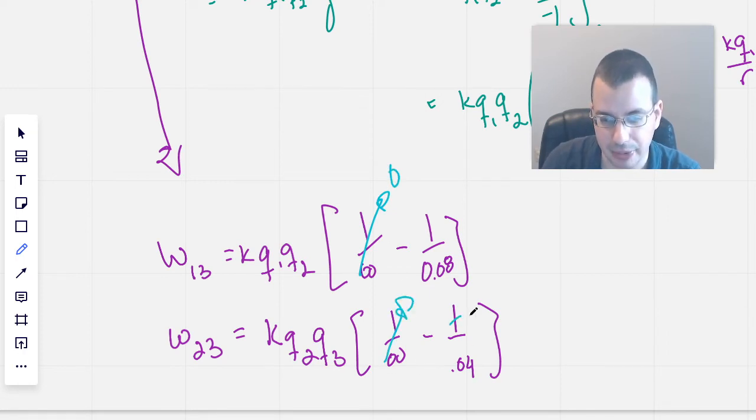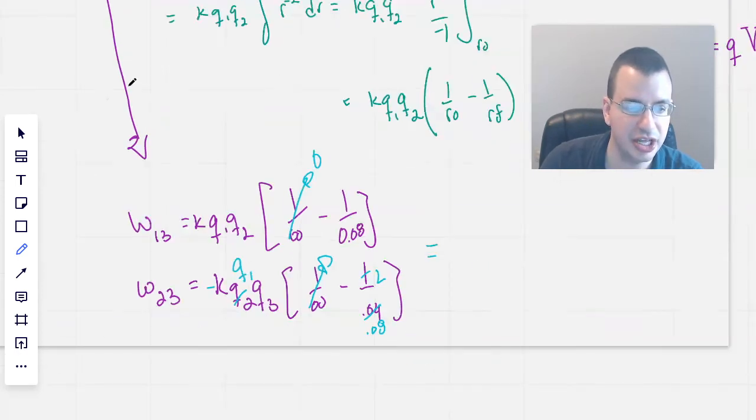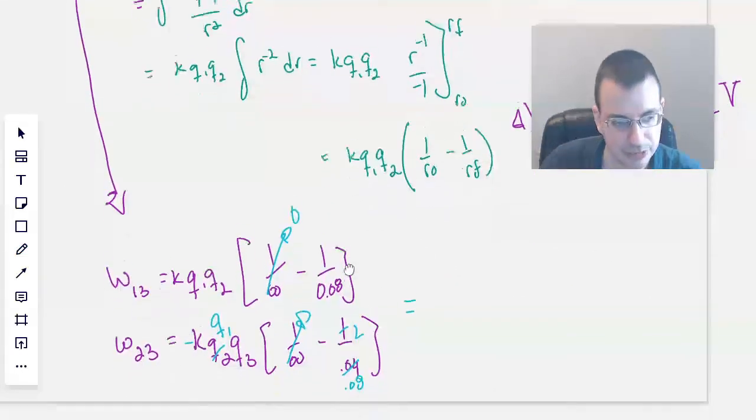I'm going to multiply top and bottom by 2. This gives 0.08. You might wonder, why are you doing that? You'll see. And Q2 is the same as Q1, just negative. So here, same as Q1, just negative. Okay. So when we simplify this,